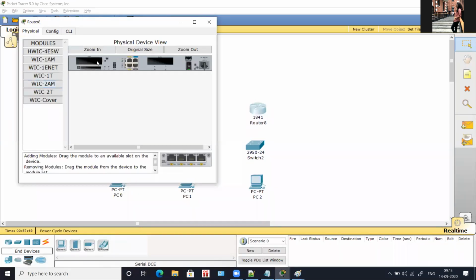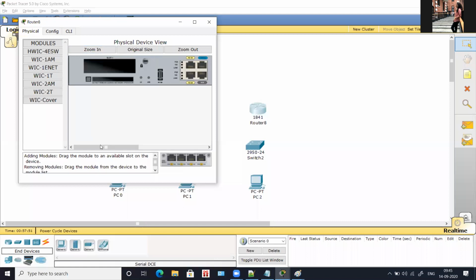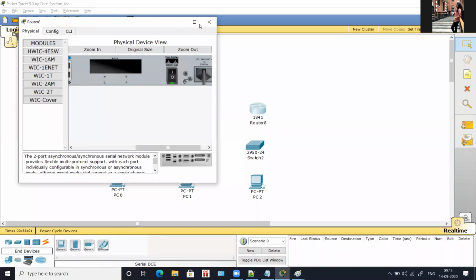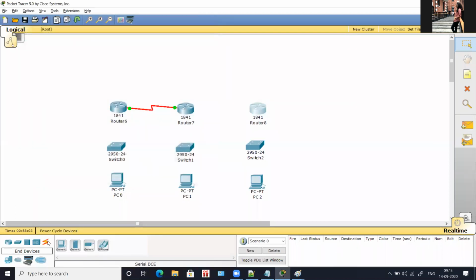So what we will do is we will turn off the router, choose WICT and drag it here, and then you turn it on and close it. And then you have to choose the cable, serial DCE cable, choose serial 0/1/1 and place it here 0/1/0. You have to remember this interface.